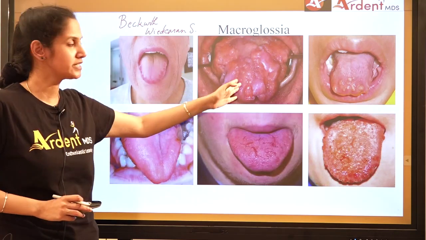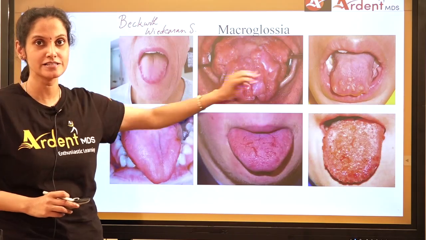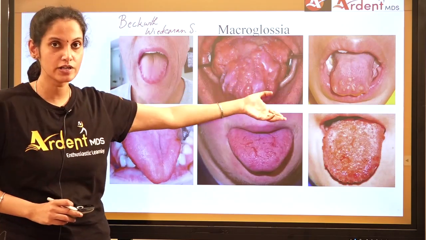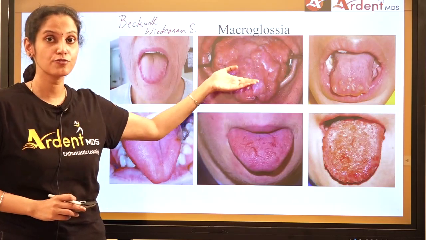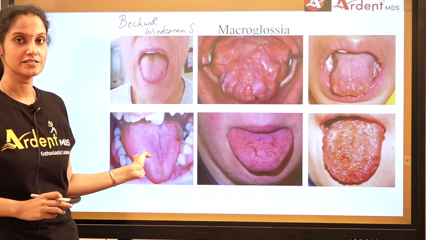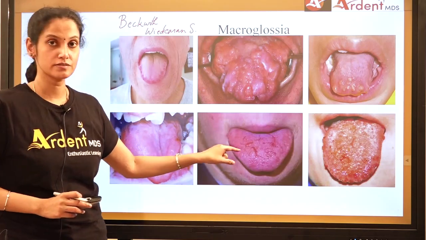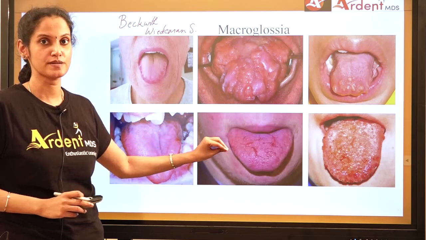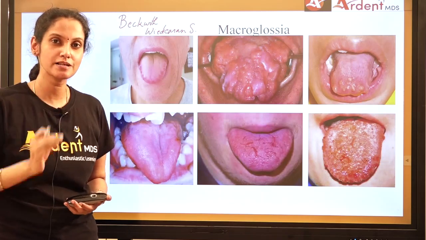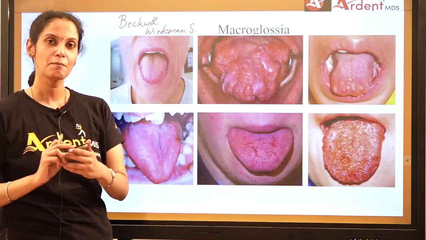Now, when it's going to be multinodular like this, you can think of some accumulation of proteins inside, as in amyloidosis, or macroglossia could present as a multinodular tongue in neurofibromatosis, multiple endocrine neoplasia, or the tongue could be enlarged as we already saw in hemifacial hyperplasia. It could be fissured, papillary, with enlargement as seen in Down syndrome. The enlargement of the tongue might show a pebbly vesicle-like surface as we see in lymphangioma. So these are the varied presentations of macroglossia.